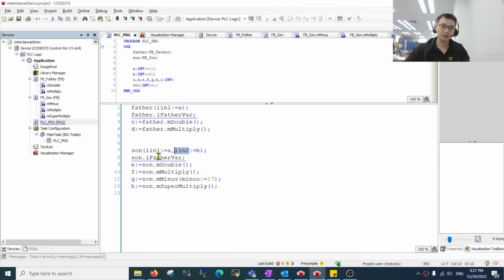Yeah, but with the inheritance, I'm able to access the variable that was declared in the father as well as the method to double the value. And this is to see the multiply. In multiply, we'll multiply using the son's method of multiplying, and you can also do minus, which is the new method we created. And lastly, this super multiply is to show you the result that we can actually do the same multiplication as what the father